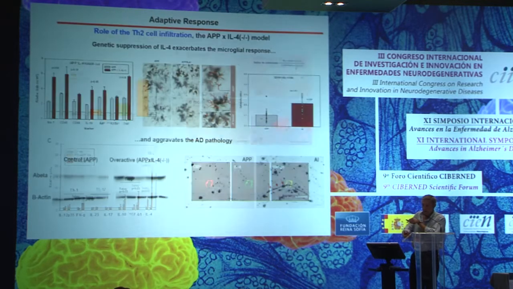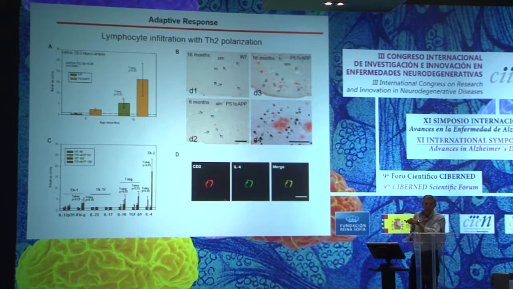However, in our models, we did observe a clear lymphocyte infiltration. We did observe an increase in the expression of specific markers for lymphocytes, like CD3. Also, these lymphocytes could be observed surrounding, in some cases, A-beta plaques. And interestingly, these infiltrating lymphocytes express an anti-inflammatory phenotype, a Th2 anti-inflammatory phenotype, overexpressing interleukin-4 and